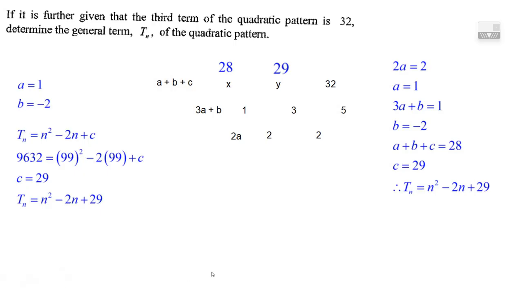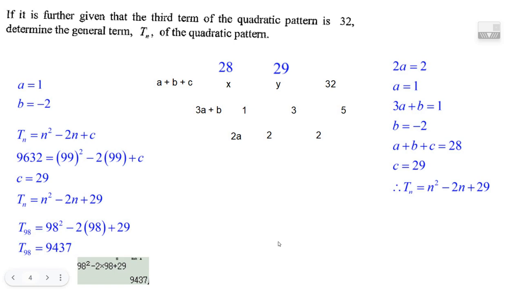Well, wouldn't that be a way to do it? It sure feels like a way. It feels like we should get marks if we did it that way. And then if we put 98 in there, wouldn't we get the answer? Yeah, we got the same answer, 9,437. I kind of like this method better,